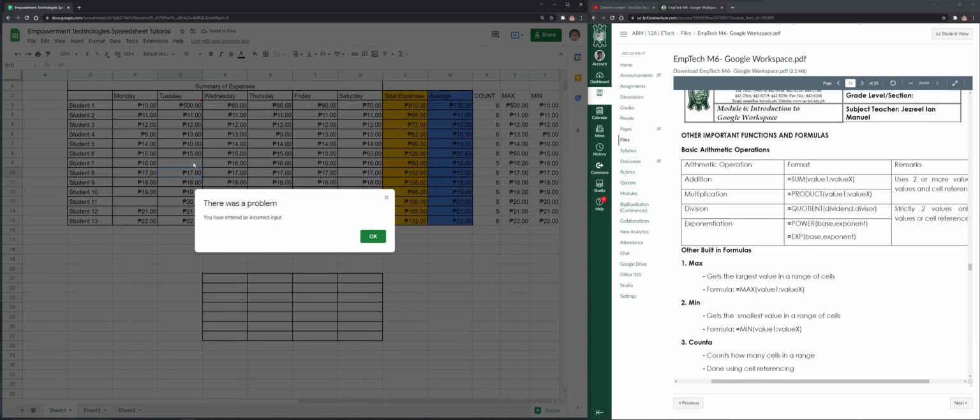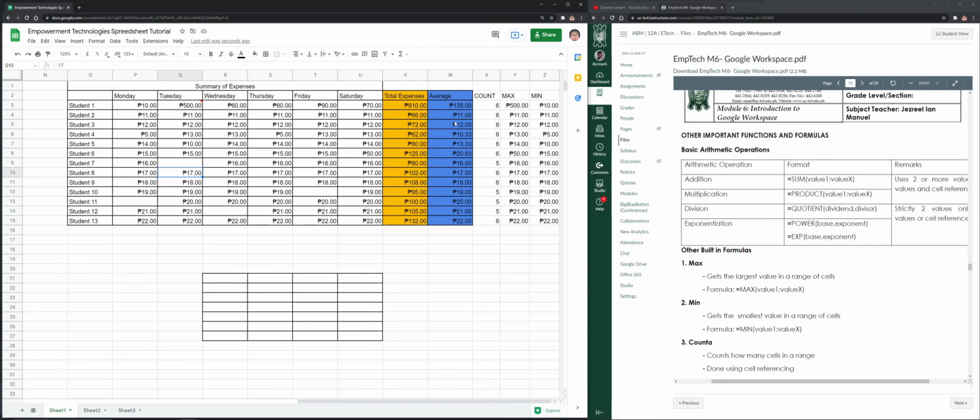Ayan. So, hindi pwede ang 0 to 100. I hope you are getting that. That's what we call the data validation naman. Okay. So,